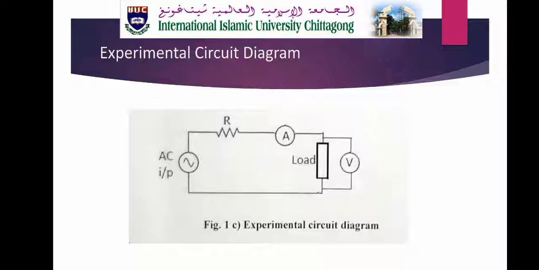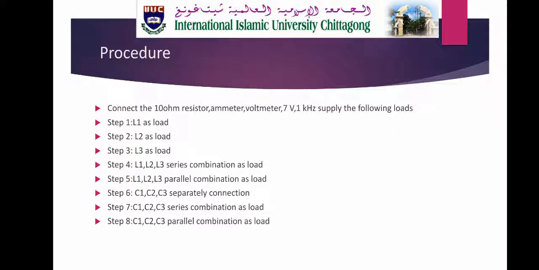This is the experimental circuit diagram. In the experiment, we will connect the inductor and capacitor as load. Procedure: we have to connect the 10 ohm resistor, ammeter, voltmeter, and a 7 volt, 1 kilohertz supply to the following loads. Step 1: we have to connect L1 as load, then L2 as load, then L3 as load. Step 4: